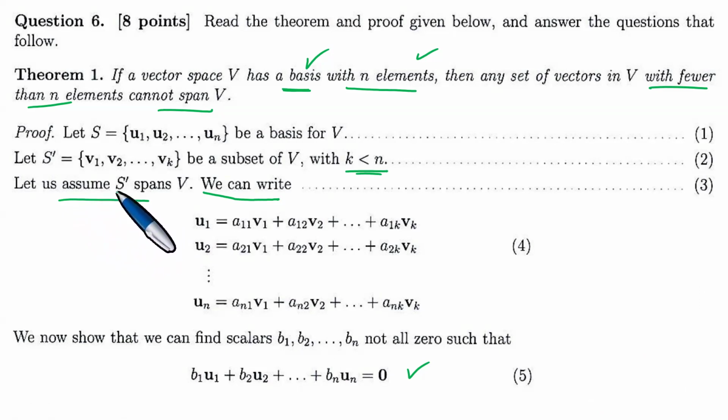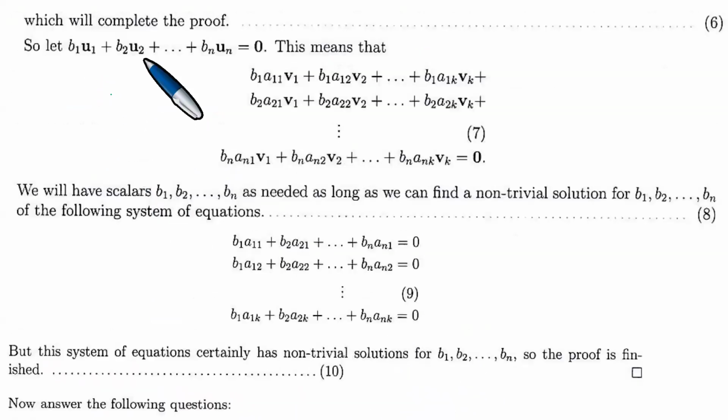Right. And if S prime spans V, obviously it means that you can write that linear combination. And in the end, we then say that any set of vectors in V with fewer than n elements cannot span V. So obviously, we now show that we can find scalars B1 up to Bn such that this equals 0, and which will complete the proof. Right. So now, if you look at this very carefully, you need to think of the fact that